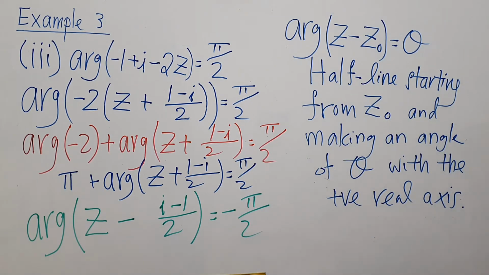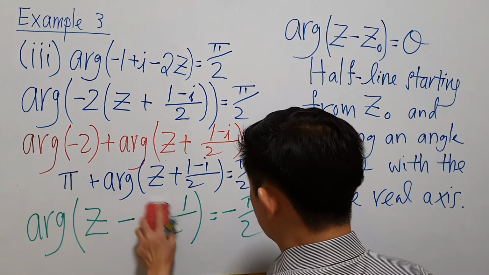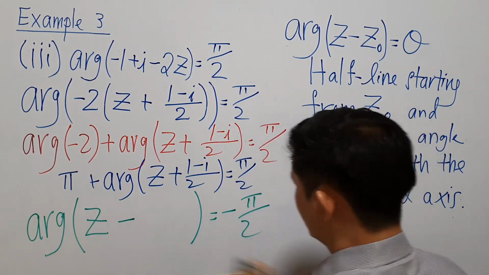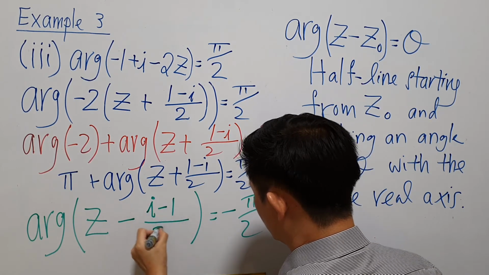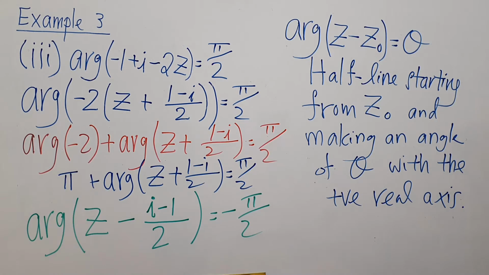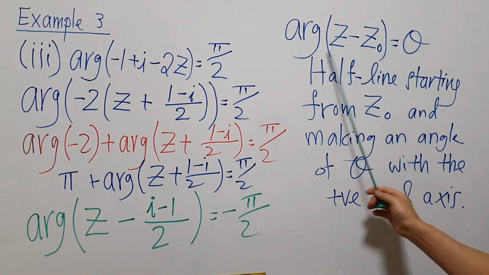what have I done here? I have rewritten it so that this is a minus. Why do I want a minus? Because I want to match with this. So what you have here is the argument of z minus something. Let me write this a bit bigger, in case you can't see. This is i minus 1 over 2. By writing in this manner, it becomes comparable to this general form,